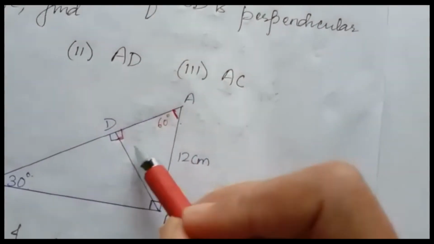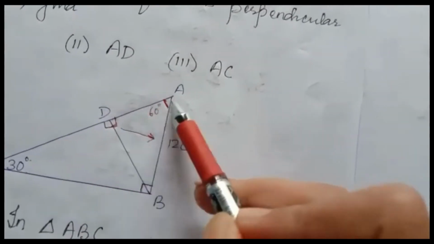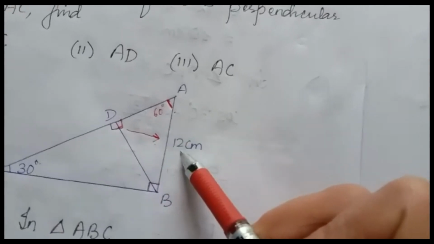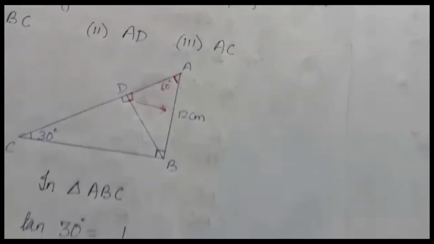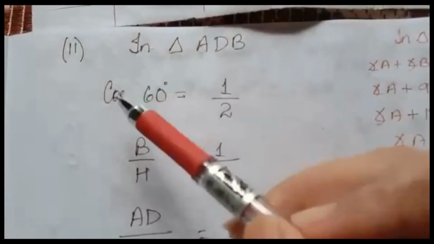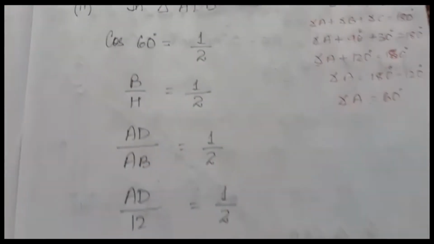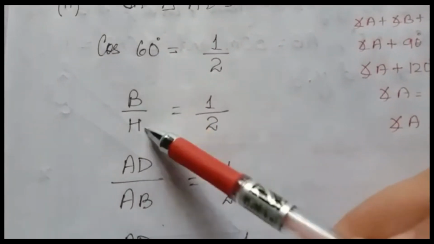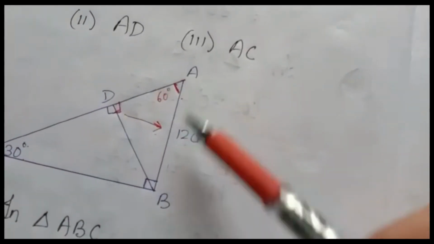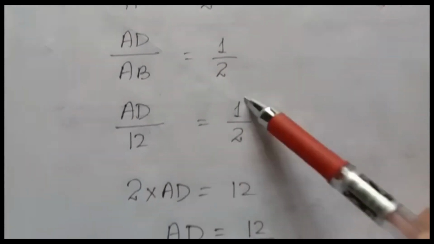For this triangle, okay, this is hypotenuse. I have already told the side opposite to 90 is hypotenuse. For this triangle, this is hypotenuse. So hypotenuse is 12. You have to find this base. So in triangle ADB, hypotenuse and base are related by cos. So cos 60 degree. Now the value of cos 60 is half. So cos theta is equal to base by hypotenuse. I have told this is base, AD, hypotenuse is AB. Half is equal to AD divided by 12.